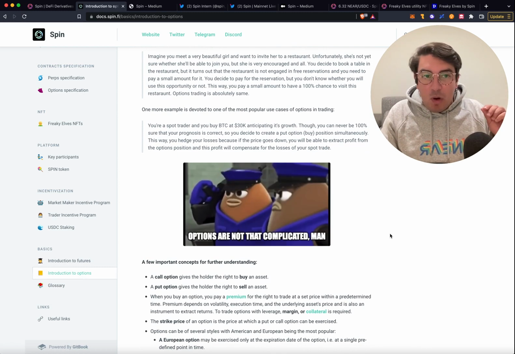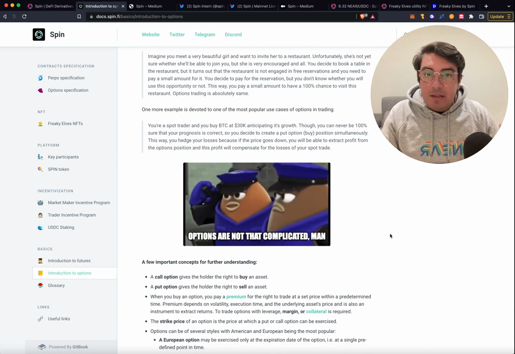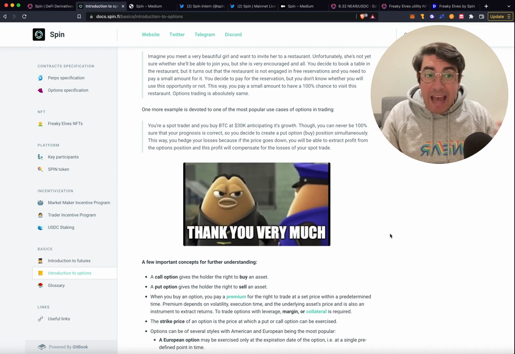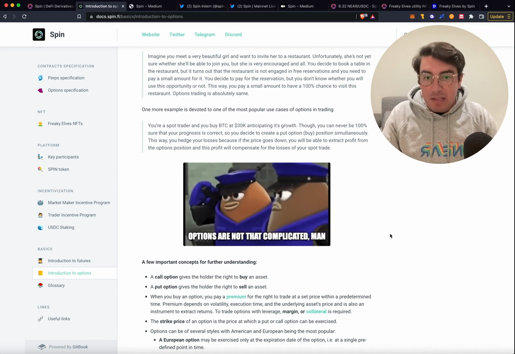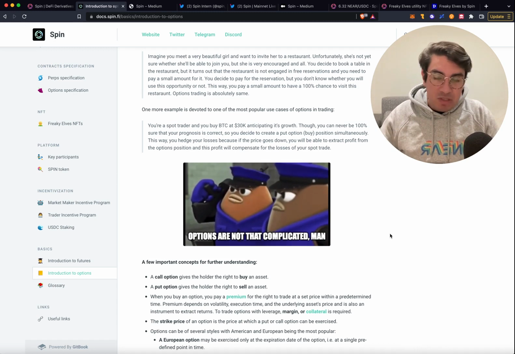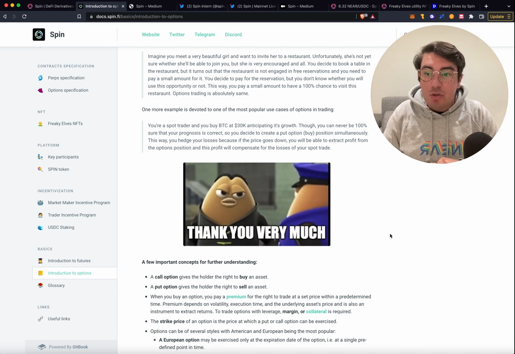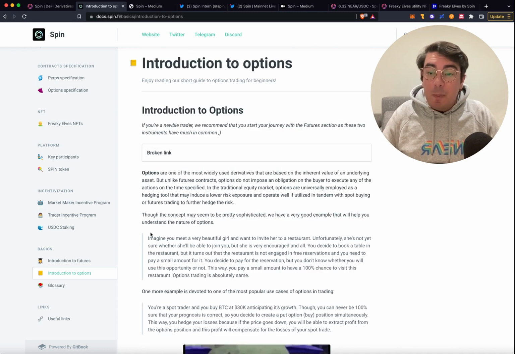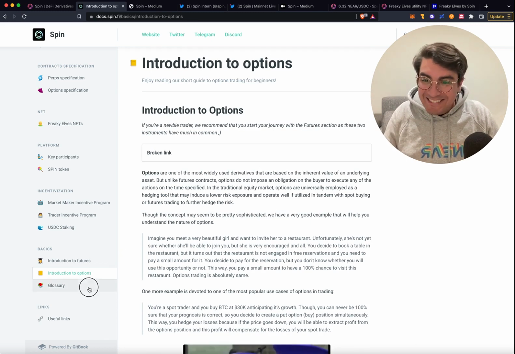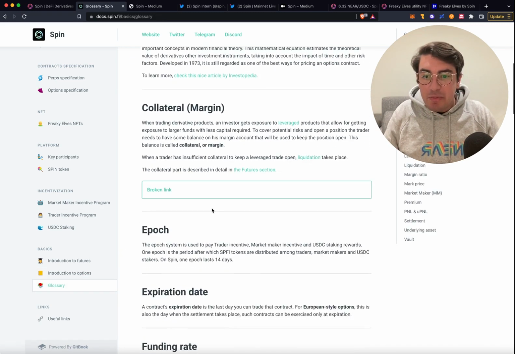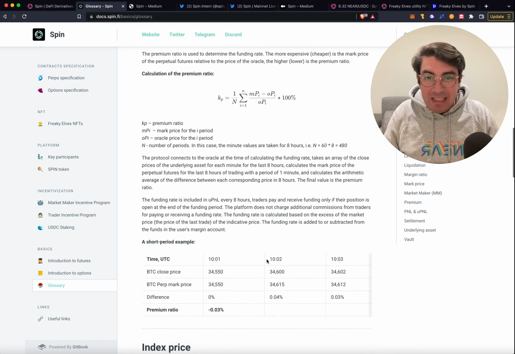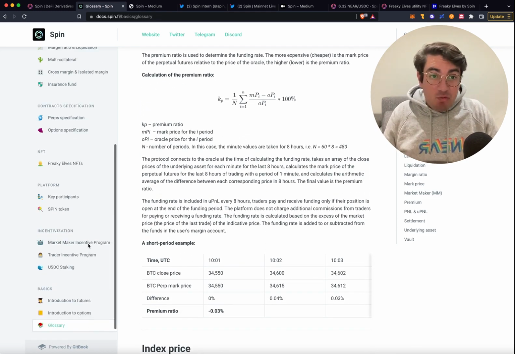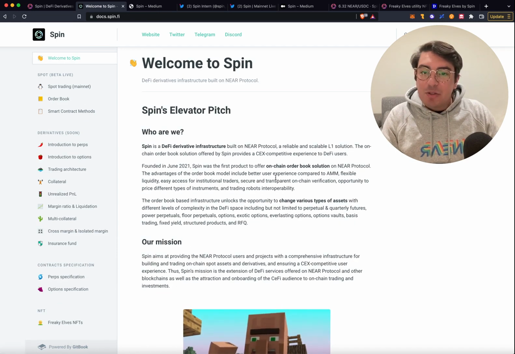I think that what really does it for me with Spin Finance is that they're both innovating on the technology side and making this very, very accessible. So if you're coming from the centralized exchange world and you're used to doing some pretty degen trading, you're going to love it. But also if you're brand new, you can come and at least understand how and why you're getting wrecked. They also have a glossary with a lot of information here, some formulas. Good read for sure. So going back to the Welcome to Spin section, we've got Spin's elevator pitch.